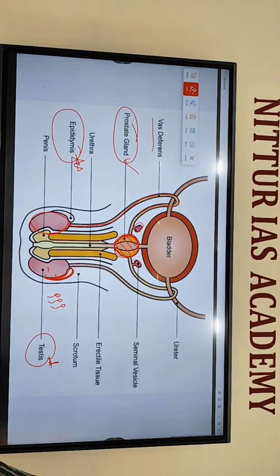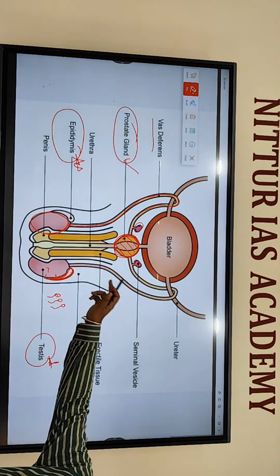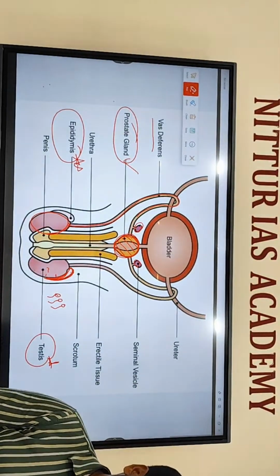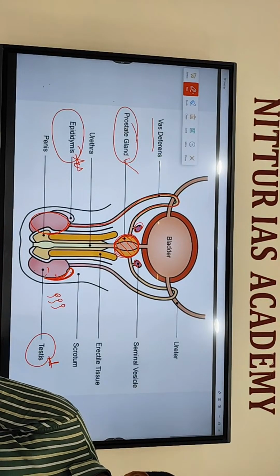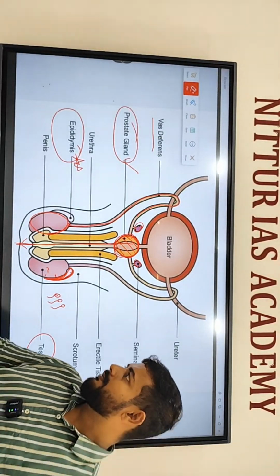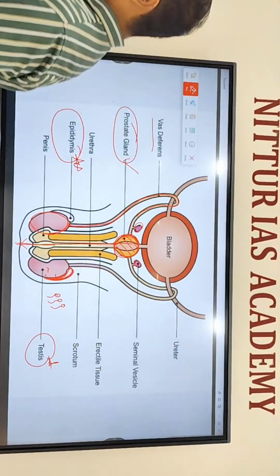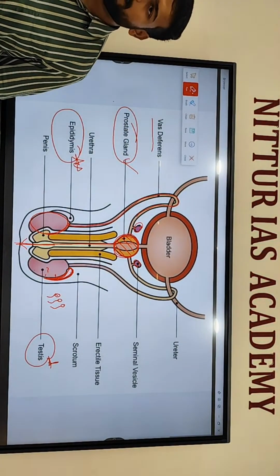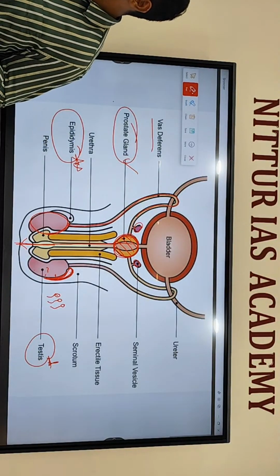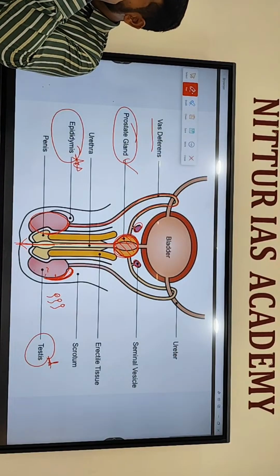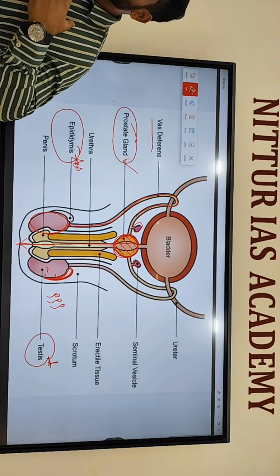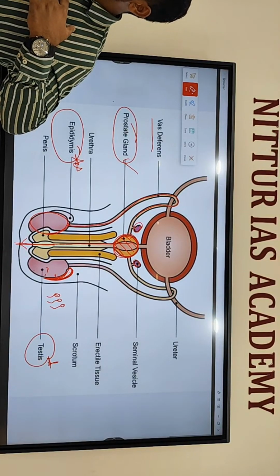Sperm cells are produced in the testis, stored in the epididymis, and travel through the tube vas deferens to the prostate gland. There, sperm cells are added to the liquid fluid called semen. Later, during sexual intercourse, it moves out through the penis. Why? See, each and every important part of our body is safely placed inside cavities. Our eyes are placed inside a socket supported by the skull. Our heart and lungs are supported by ribs, right?